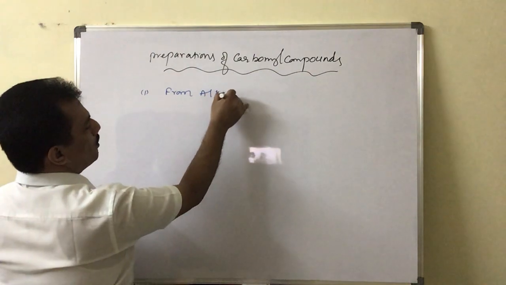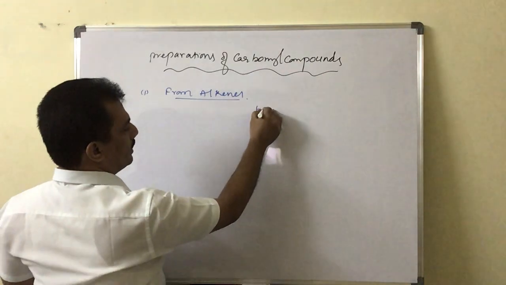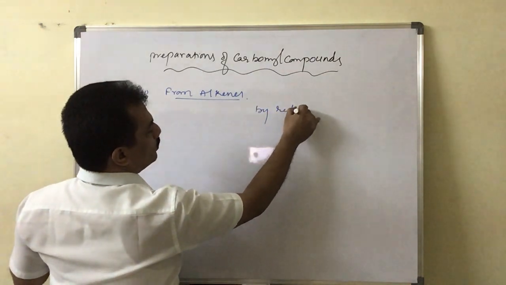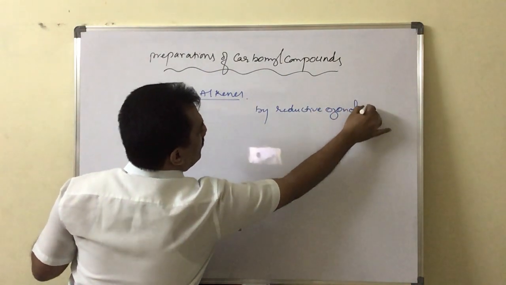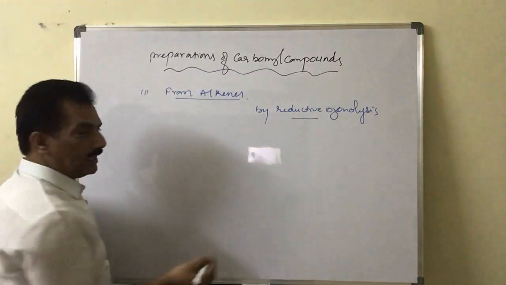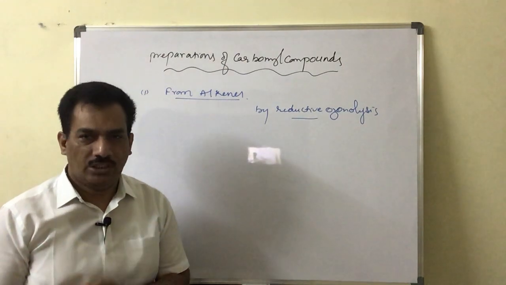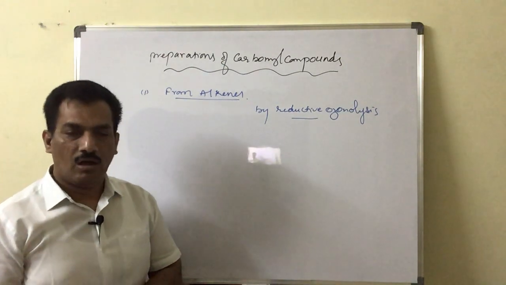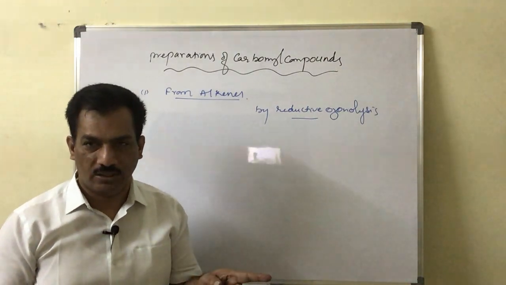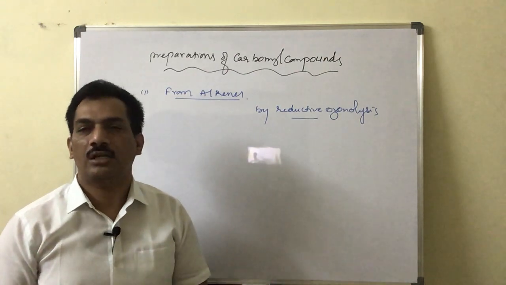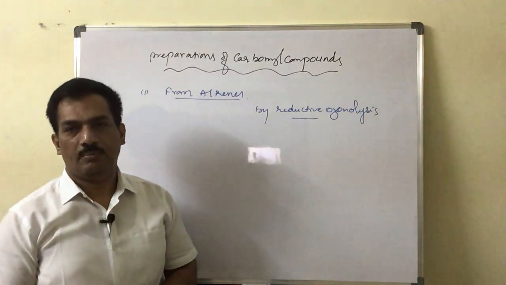alkenes. Just remember, the best method for the preparation of these carbonyl compounds is nothing but reductive ozonolysis. Don't get confused. Here the word reductive is not reduction. Ozonolysis is the process where oxidation will take place, because we already know alkenes, when oxidized, can be converted into carbonyl compounds, not by reduction. If alkenes are reduced, they will convert into alkanes, no other product. But here we are preparing carbonyl compounds from alkenes.